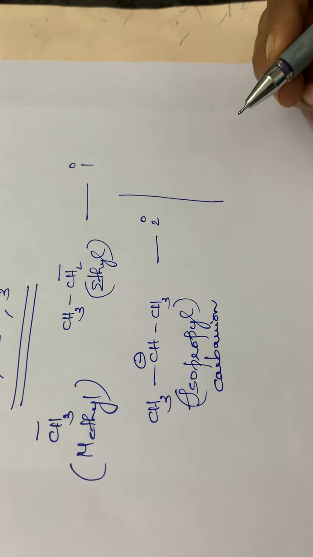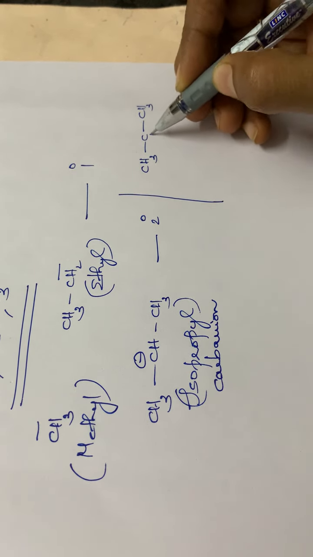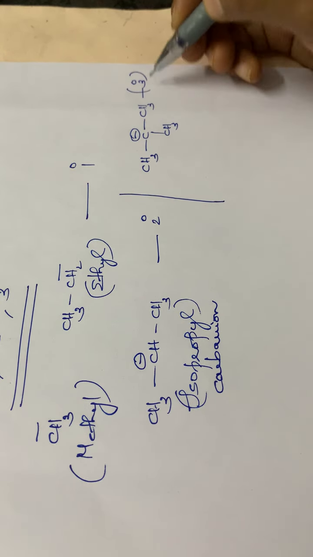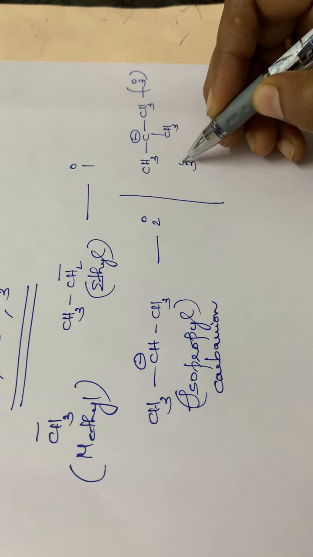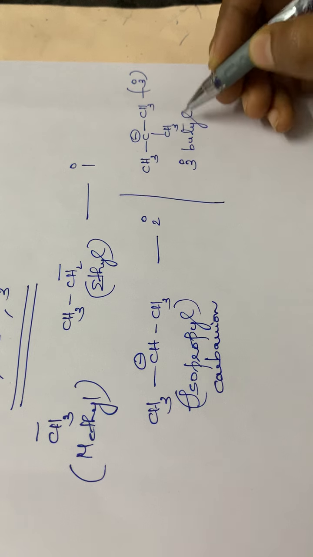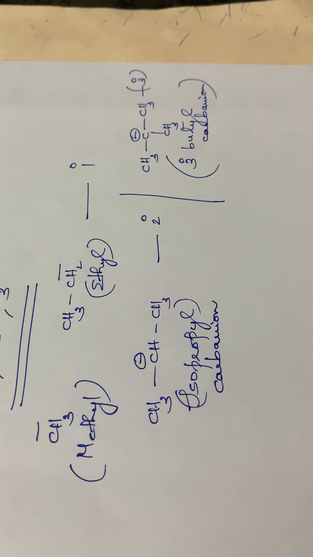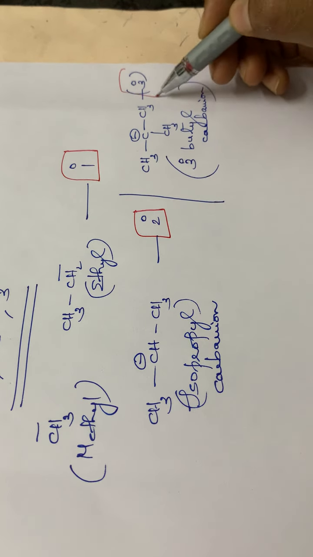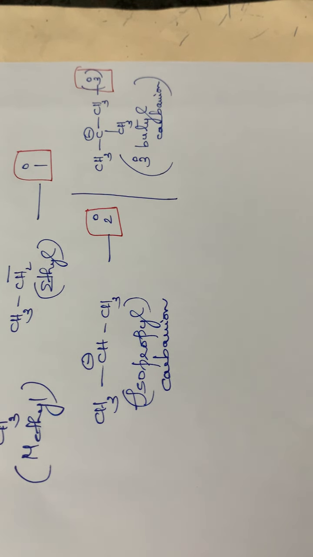Then comes the tertiary carbanion, that is CH3, C, CH3, CH3, then negative charge. So this is a tertiary carbanion, the tertiary butyl carbanion. So this is one type of classification, that is on the basis of primary, secondary and tertiary carbanions. Then another type of classification, that is